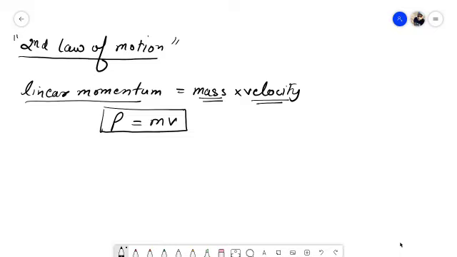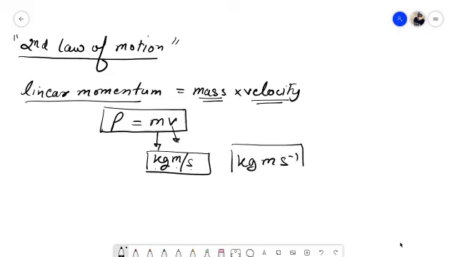Right. Now let's move on to the unit of linear momentum. As you can see, the unit of mass is kg and the SI unit of velocity is meter per second. So the unit of linear momentum is kg meter per second. Is it clear? So the unit of linear momentum is kg meter per second and it's the product of mass